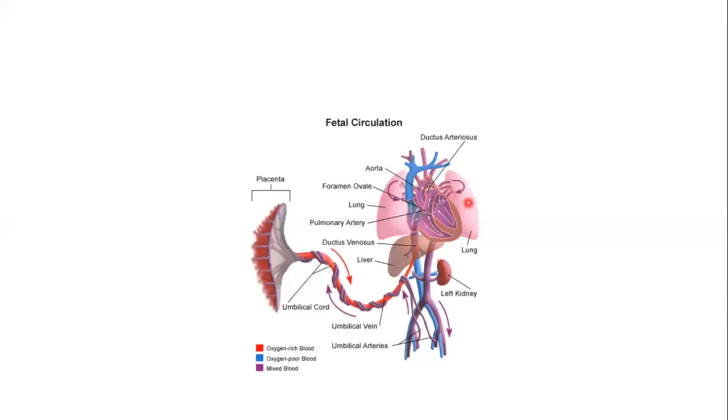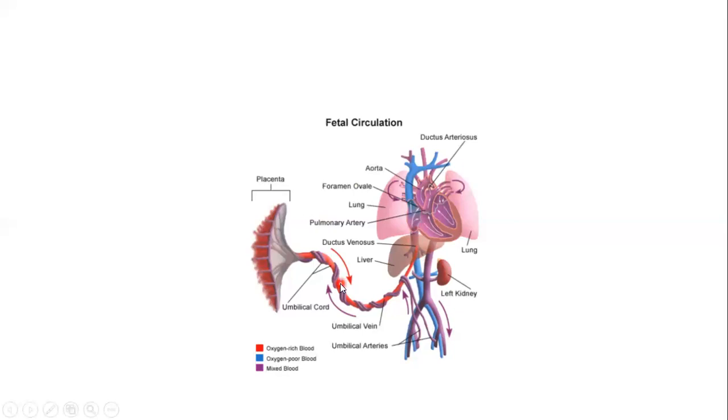So in the lungs, after gaseous exchange, blood will go via the pulmonary vein into the left atrium. From the left atrium, blood goes to the left ventricle. From the left ventricle, blood goes to the aorta, then the rest of the body. So that is the postnatal circulation. And if we were to go any further, you would find that these remnants that are no longer needed by the body tend to turn into ligaments, but we're just going to end here. So like I said, the normal fetal circulation is from the placenta